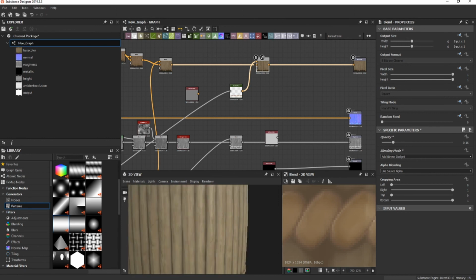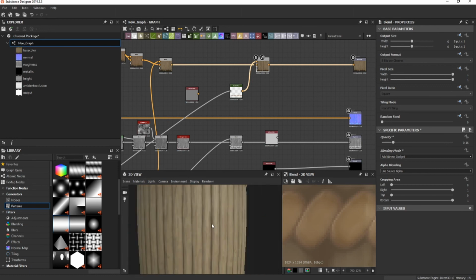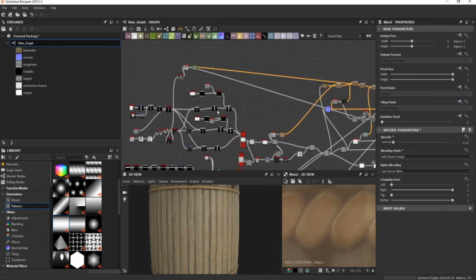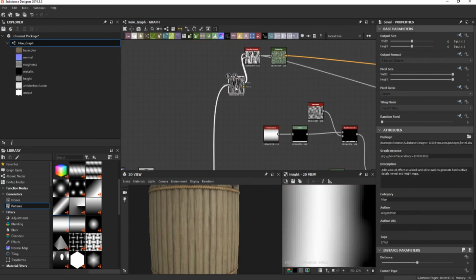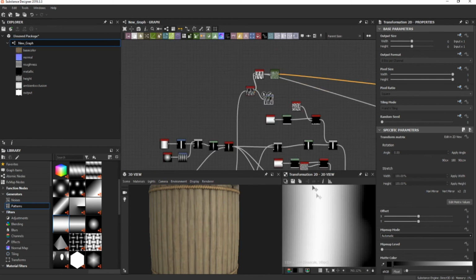What do we do next? Maybe make more intense dark colors like dark straps. What do we do to get this? Take this, make a transform,